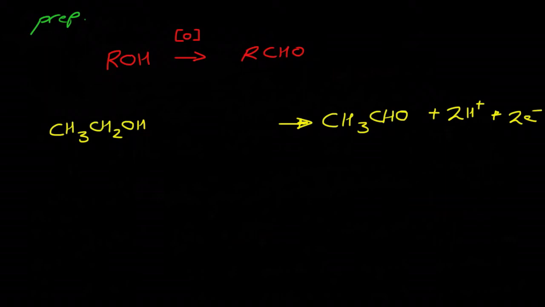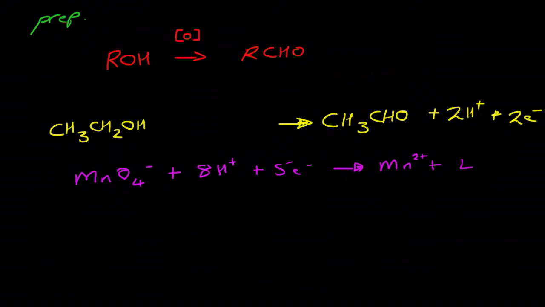This can then be used with another half equation such as the one for permanganate or for dichromate, and then balanced to form a whole reaction. For example, with the permanganate equation, when we add these two equations together, we will be multiplying the top equation by 5 and the bottom equation by 2 to give a full overall equation of,